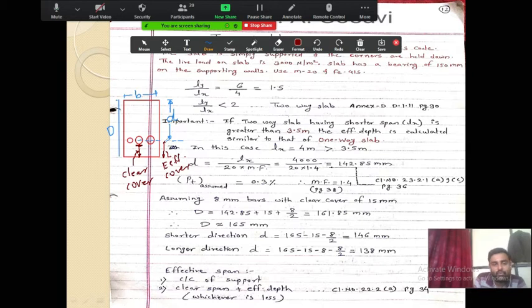So to add this much distance, you have to add here the clear cover. How much clear cover have we assumed? 15. We always assume this clear cover as 15. And the half of bar diameter. Once the clear cover is assumed, you measured the distance from here, then half of the bar diameter remains here. If this bar diameter is 10 then half of bar diameter is 5. If this bar diameter is 8 then half of bar diameter is 4.